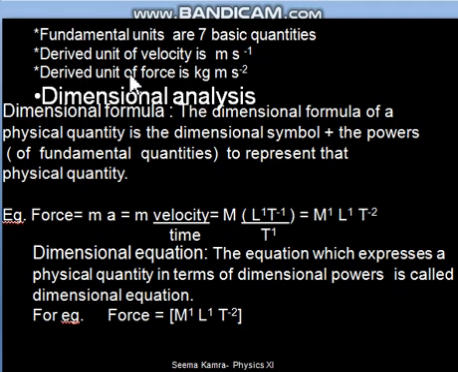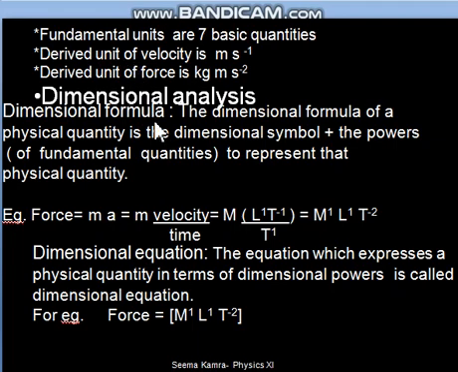In the same manner, if we talk about the derived unit of force, because force is MA, kg will appear, and for acceleration meter second power minus 2 will appear. Now this knowledge of derived units is required in understanding dimensional analysis, in which the first term is dimensional formula. The whole dimensional analysis is based on dimensional formula.